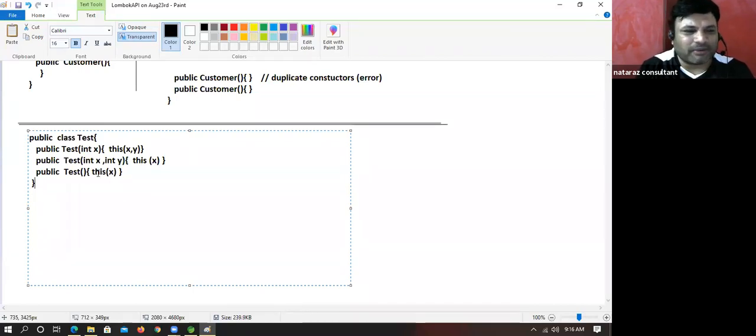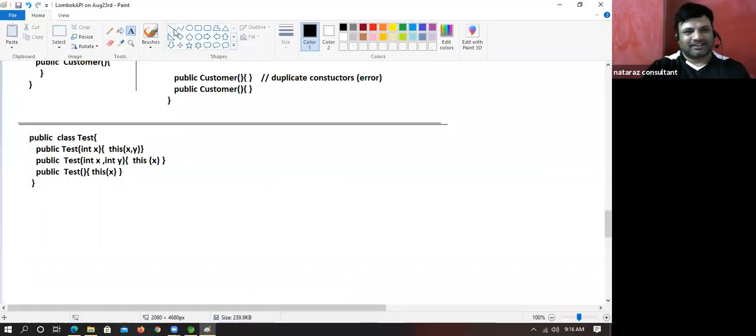Okay. The 0 param is calling the 1 param. The 1 param is calling the 2 param. The 2 param is calling the 1 param. The 1 param is calling the 2 param again. This is a recursive call or not? Everyone getting my point there? So since it has become a recursive call, you will get an error, right? This is a very, very important FAQ.